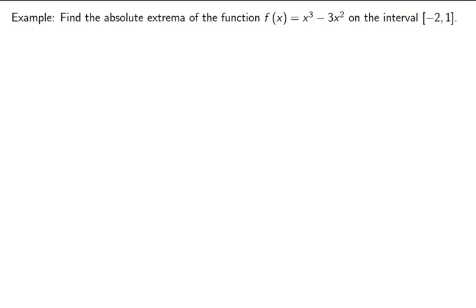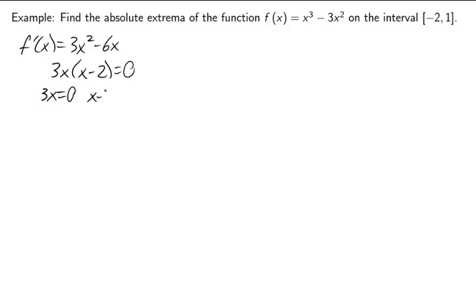Next example. We've got x cubed minus 3x squared. So we'll start off with the derivative. This one's pretty easy. 3x squared minus 6x. That's all we've got to do. Notice this is defined everywhere, so I do not have to check later where the derivative is undefined. If I set this equal to 0, I'll start out by factoring a 3x out. I get x minus 2. With that said, 3x equals 0, or x minus 2 equals 0, meaning I get 0 and 2 for my